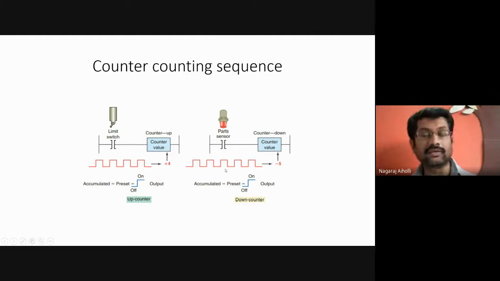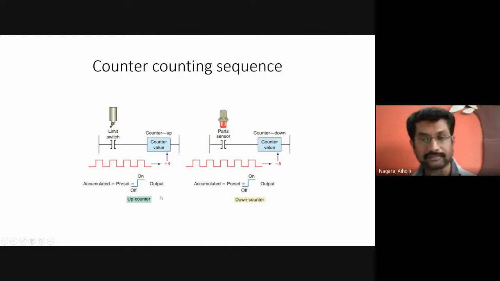This is how it works, based on the number of items being moved from one box to another box. For example, we have the count value as 5. These pulses represent the count value at the end. Initially there were 10, but as it goes on counting, it has come down to 5. It has counted 5 items in the downward direction. When the accumulated value becomes equal to the preset value, there is an off to on transition of the done bit. The done bit will become high, and when the done bit becomes high, the output will be energized.